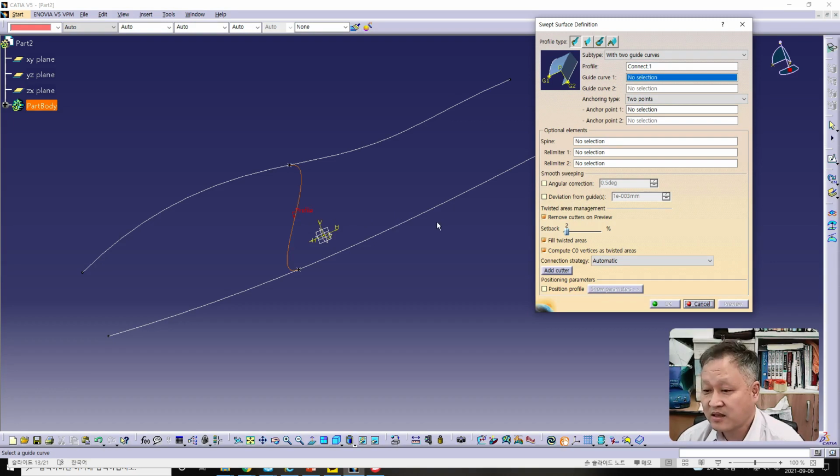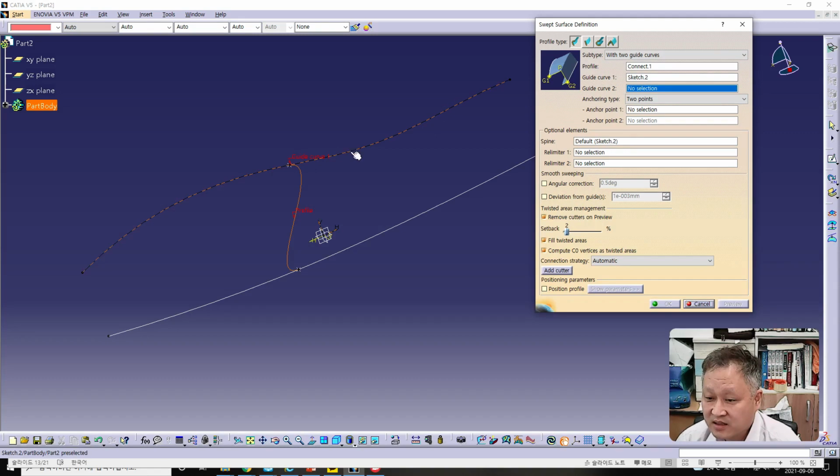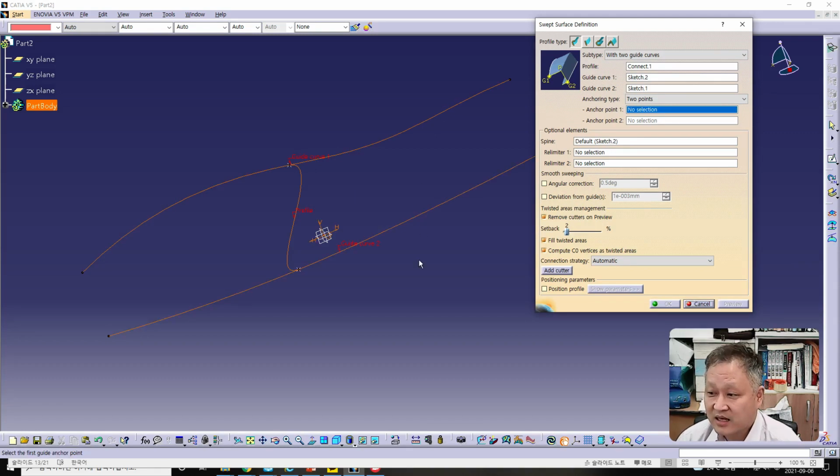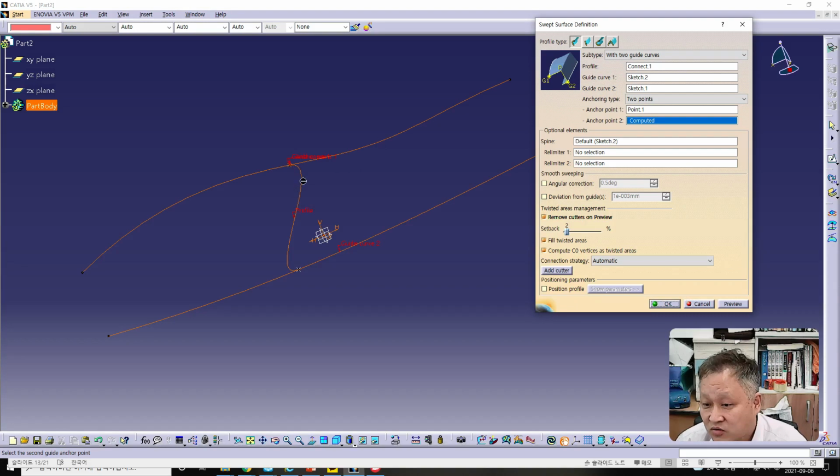previously explained type, and first one, guide curve 1 should be selected this, and guide curve 2 is selected like here. And moreover, we should determine the anchor point 1 and anchor point 2 in this screen. Therefore, I want to select this to the anchor point 1,